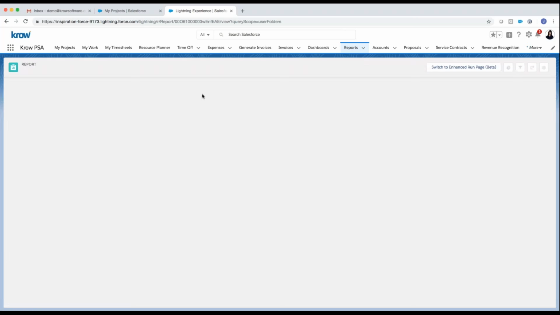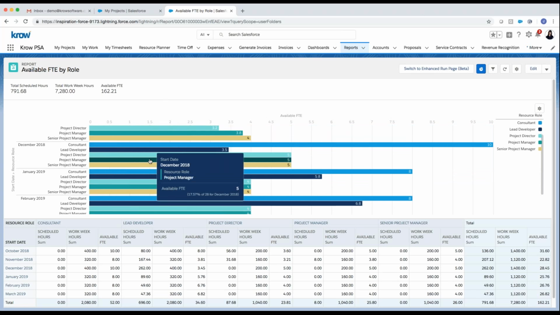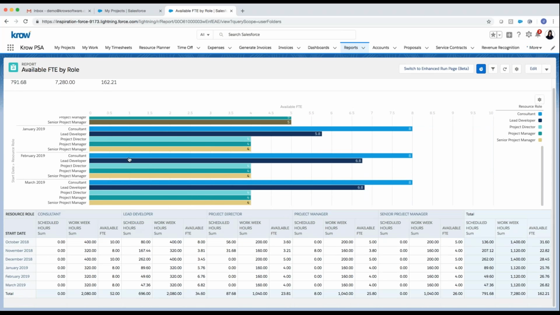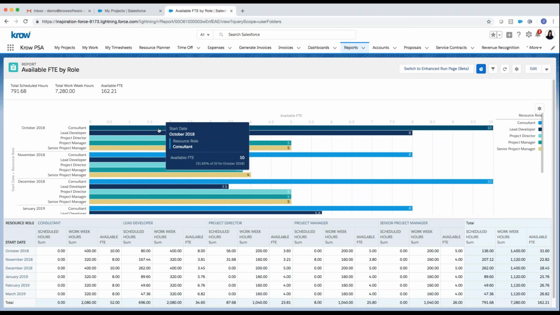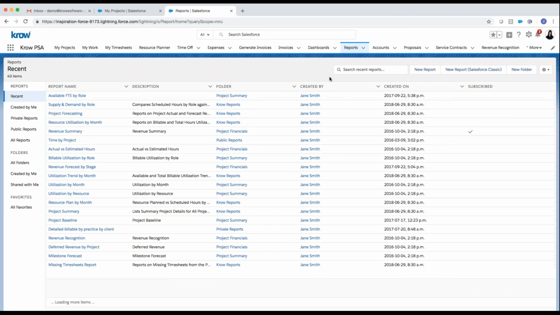We might want to look at it from an FTE or an actual resource level. So here now, instead of by hours, I can just see by resource what my available resources are by month, by role. How many resources do we have available based on all of the scheduled hours, both current and forecasted, that's available to us. And then finally,